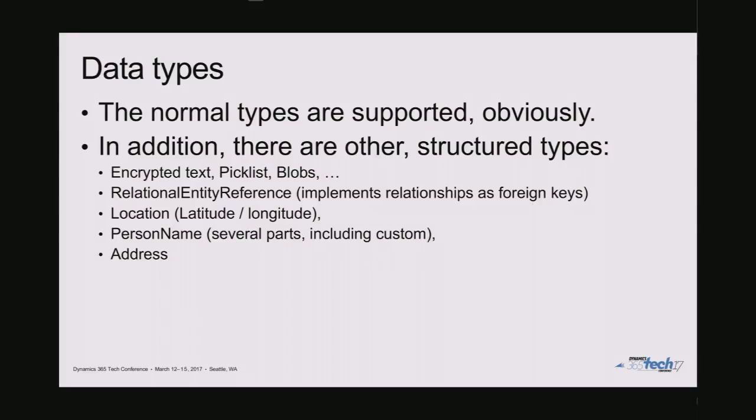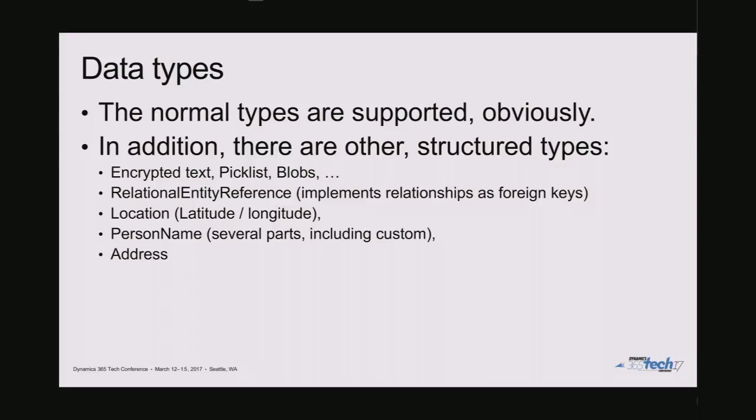Okay, so we have the normal data types that you would expect, of course, right? Ints, strings, all that stuff. But this is a business thing, right? In C#, there would be no reason to have a predefined type that deals with location or person name or something like this. But in our space, where we're dealing with ERP systems, we deal with locations and person names and addresses and stuff like this, and encrypted strings and pick lists and all that stuff. So we have specific types, high-level types defined for you that can deal with those.